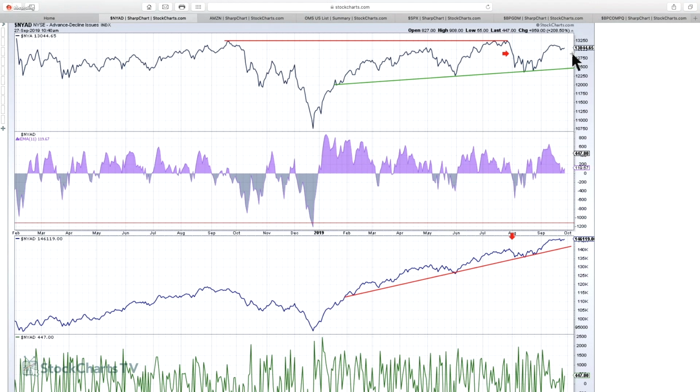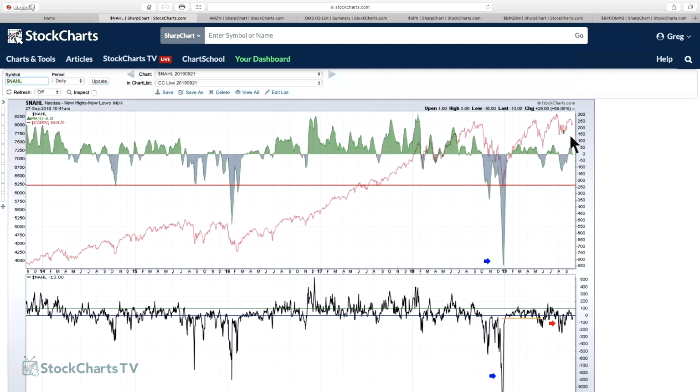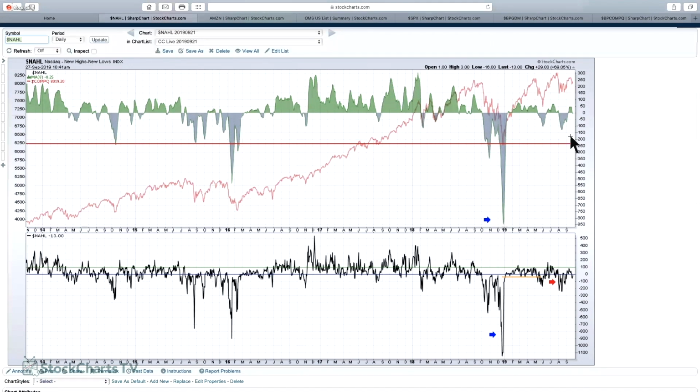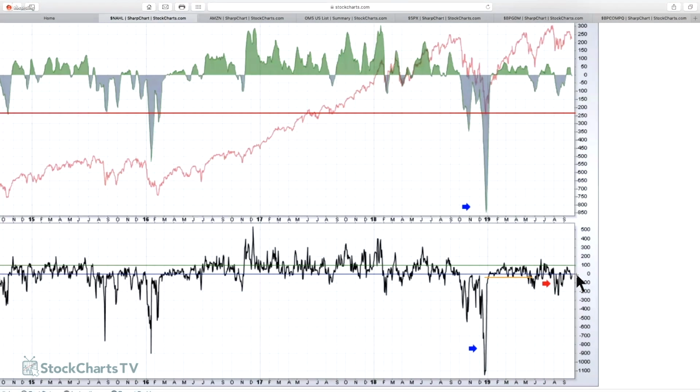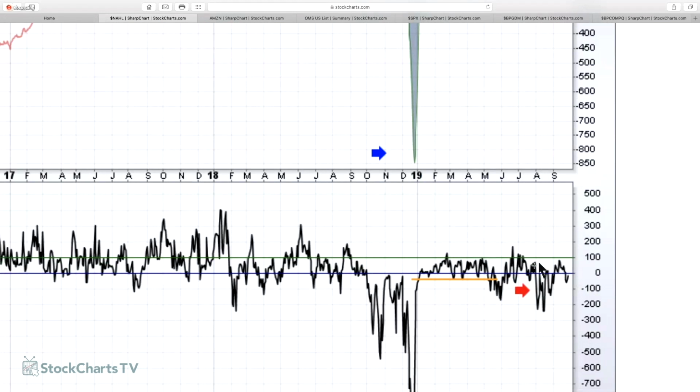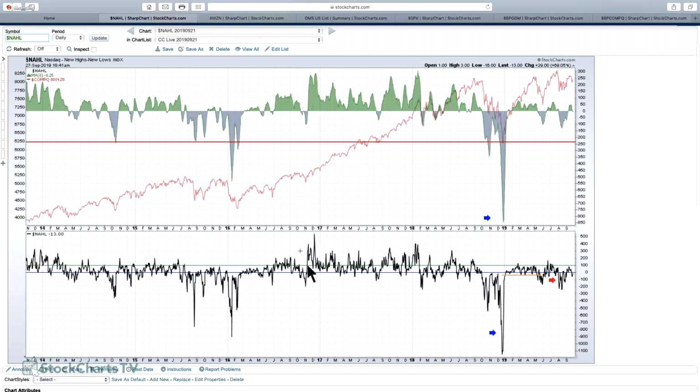When we look at the high lows, so this is the 52-week highs minus 52-week lows, each day you just have it print a number of them. One of the problems we have is in a big bull market, like after the Fed meeting and the election in 2016, bing, this thing just shot up and we broke out to a whole bunch of new highs. And then we spent a year and a half up there. Now this year, just look at 2018. Each time we've made new highs, but again, with very few stocks participating. So these big names have really been carrying the bus or driving the bus.